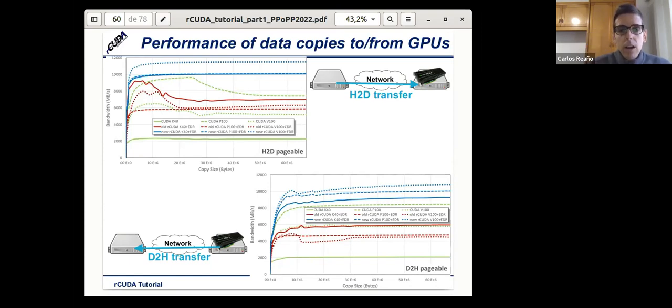So after that, we improved the communication layer of rCUDA, and you can see the new results in blue. In this case, you can see that rCUDA performs better than CUDA in all the cases. So in terms of memory copies, there is no performance loss when we use remote GPU virtualization.